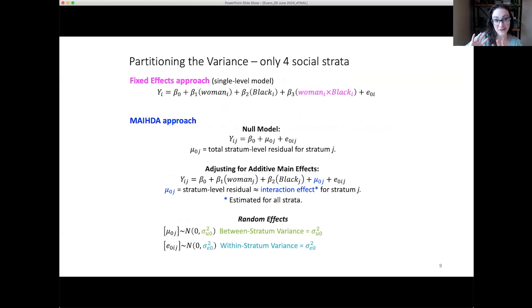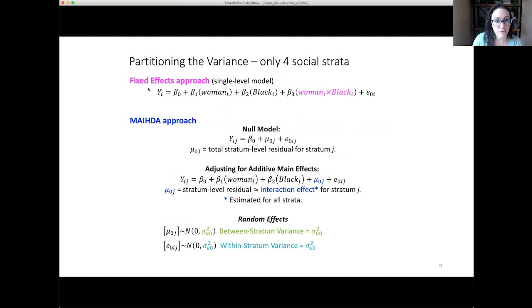So as a very simple introduction on this, again, we wouldn't necessarily want to fit a multi-level model where, let's say, you only had 4 schools and treated school as a level. Similar here, we wouldn't necessarily want to do this with only 4 strata at our level 2, but just for the purposes of simple illustration, let's stick with this.